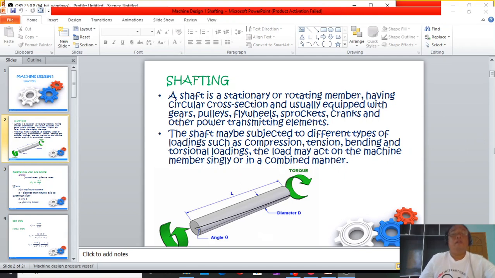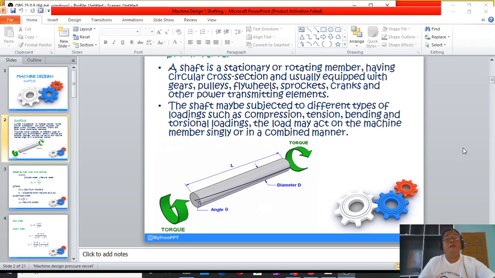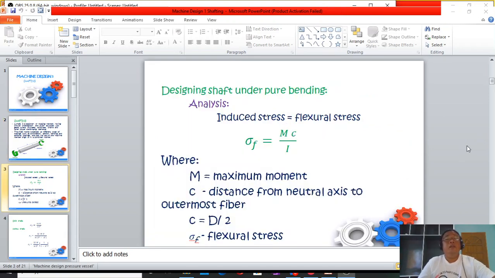Okay. So next is the fundamental equation of the induced stress. Okay. So, designing shaft under pure bending. By this time, class, we're going to consider only a bending load in a shaft. So, in the analysis, the induced stress is equal to the flexural stress, where the flexural stress is basically